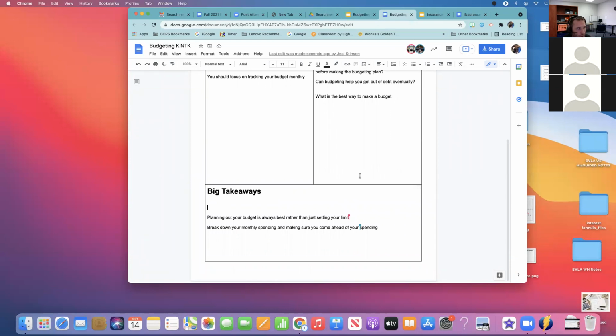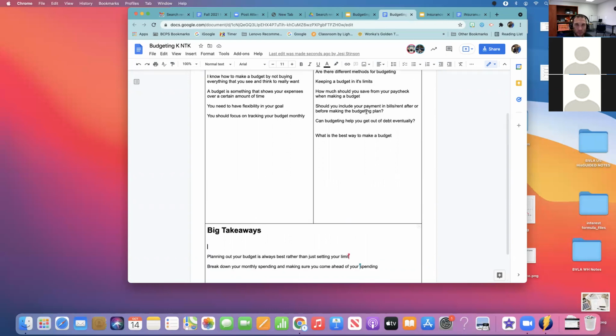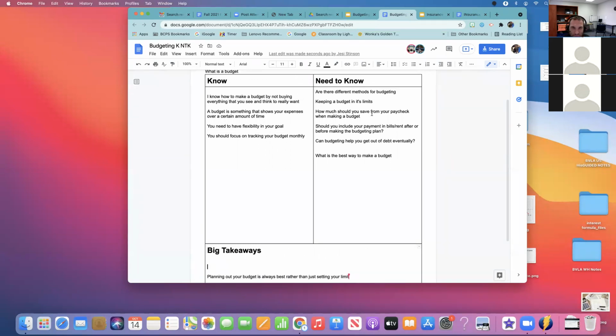And I hope that that unit was beneficial for you and that we covered most of what's up here. And the second link is to the need to know for insurance. So the next unit is going to be insurance. And we're going to circle back to a few things on budgeting before we get to insurance, but go ahead and click on the second link when you're ready and fill out. And you can do more than one takeaway from the unit, obviously. But go ahead and fill out the need to know for the insurance when you're ready. And then we'll circle back to budgeting and then we'll get to insurance.